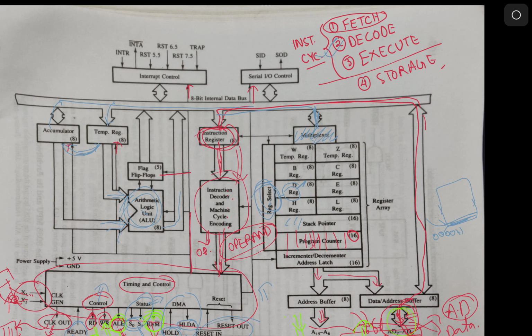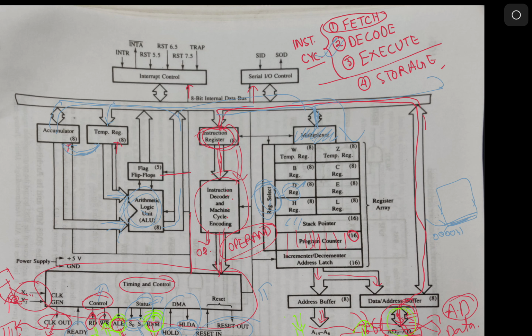The result is either stored inside the accumulator or some register or some memory locations. It's according to the instruction. The result of the operation